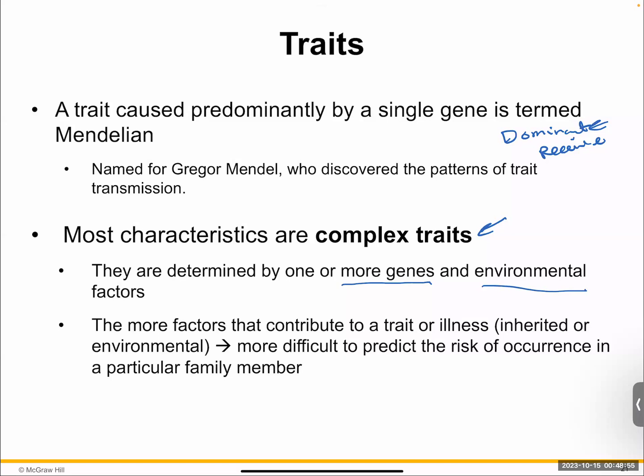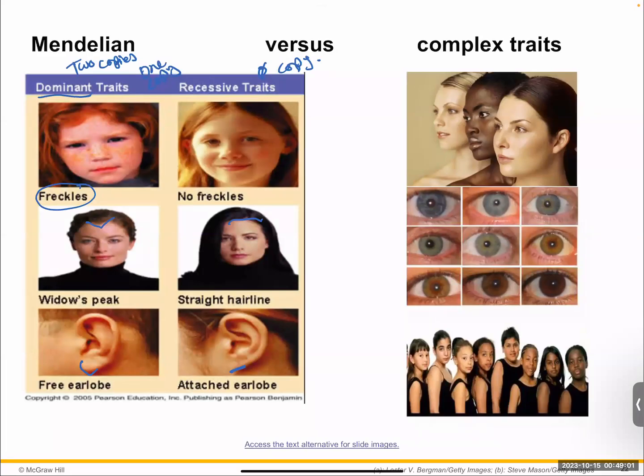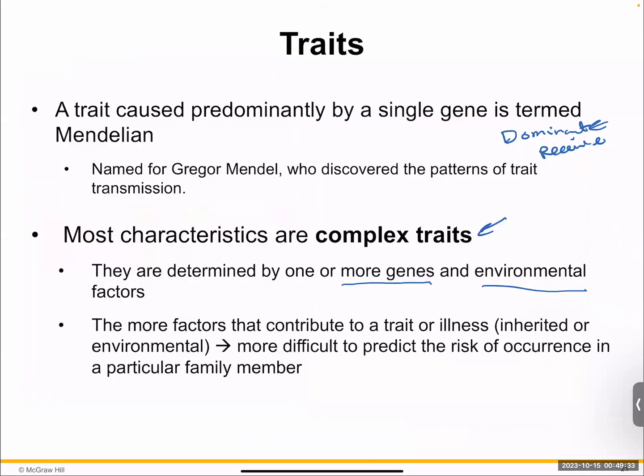So for instance, if you are looking at our examples here, skin tone is a really good example. Both the environment, if you're in a sunny environment versus a less sunny environment, and eye color is a big contributor. The height and weight, eye color, and skin tone all come from not only one gene, you have multiple genes involved, but also, again, environmental factors play a big deal.